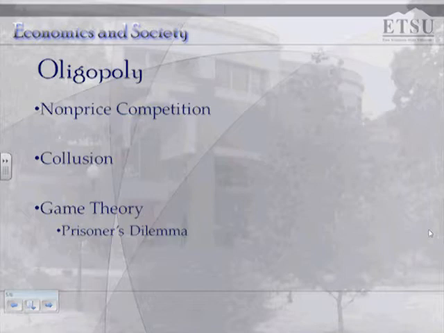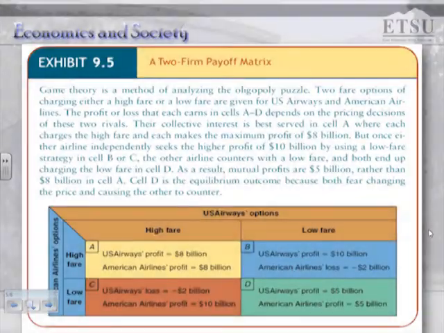That is, the group would be better off doing one thing, but each individual is better off doing another thing, so the individuals often deviate from what's best for the group to what's best for them, and so it winds up with the group being worse off as a whole. So if we look at this example that we have in your textbook, it is an application of the prisoner's dilemma